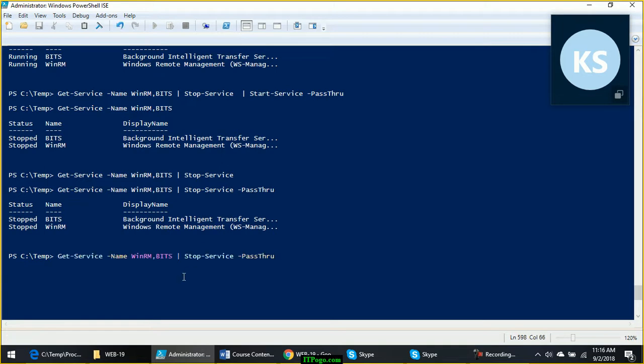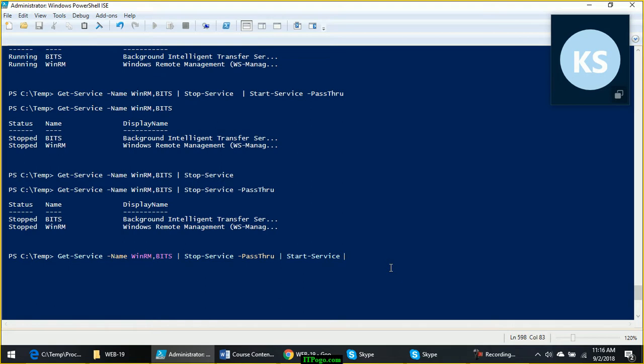That's why when you use stop service with pass through and then start service, then only start service can start those services. Now here pass through is optional, because it is up to you after restarting the service whether you want to see the output or not. If you're not concerned about seeing the updated output, you can skip using pass through, because after start service we are not planning to use any other command. Only when you want to use some other command after start service, then you should use pass through.